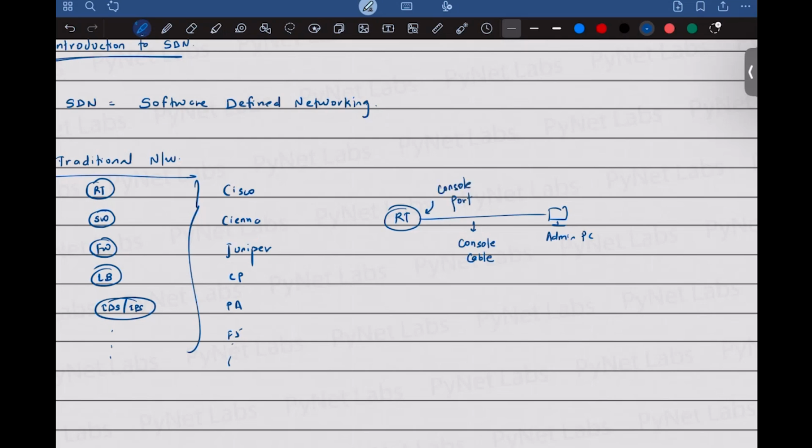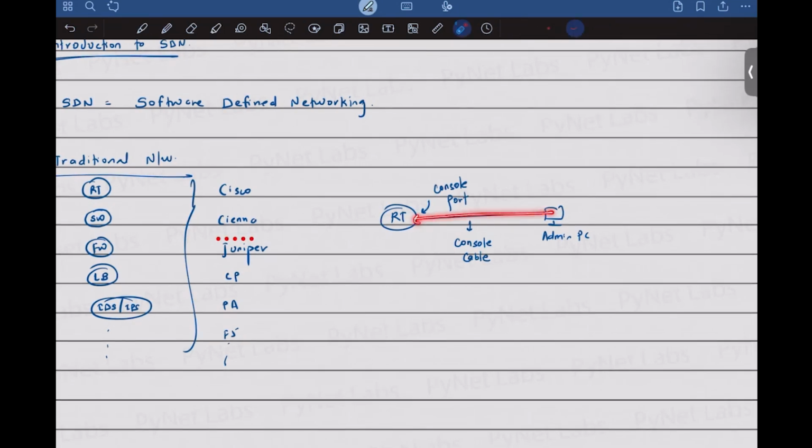So once you connect that particular cable to the port, you are going to send the CLI commands, and then the device will be configured as per your expectations. On the admin PC, what is the utility that we will be using? You can use a utility like PuTTY or SuperPuTTY